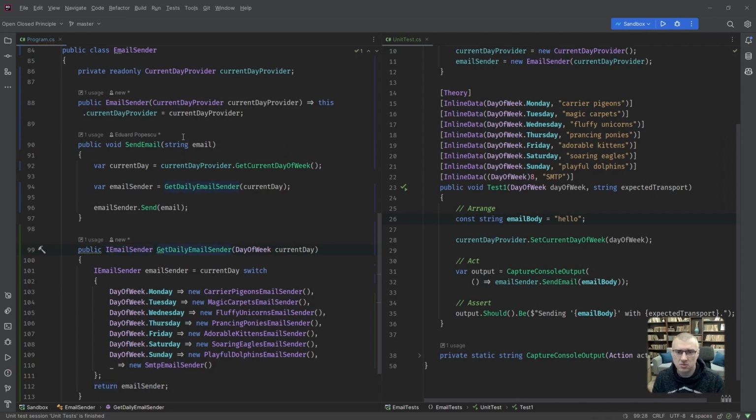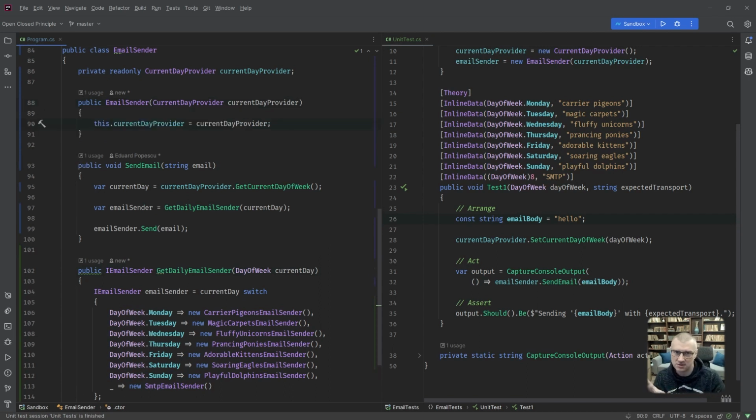Extract a class. Oh, by the way, how's my constructor looking? Nope, this is not cool. Oh, just to prove it to you. Extract class, and I'm going to say email sender factory. Next. Bam, nothing happened. And if you look into the Rider's error log files, you're going to see an error in there. So I have to change this from a lambda constructor to a curly brace constructor. I don't know what the term is for that. And now if we try to do the same thing again,